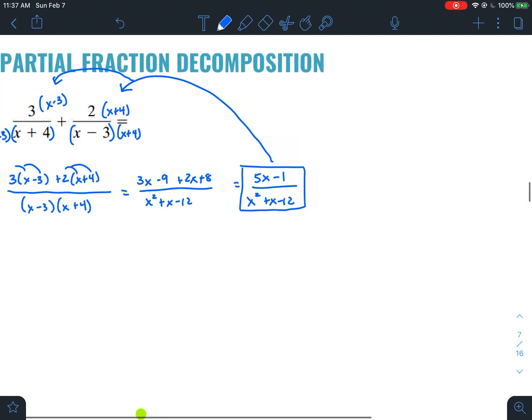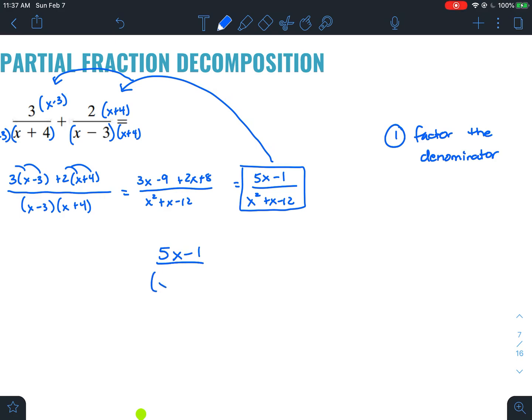Our steps in order to do that: step 1 is you're going to factor the denominator so we can break it back up into its pieces. If they are different factors, meaning that there are no repeating factors, then the process is a little bit easier. So if I factor the denominator, I would get 5x minus 1 over x plus 4, x minus 3. And notice since there are two factors, you're going to